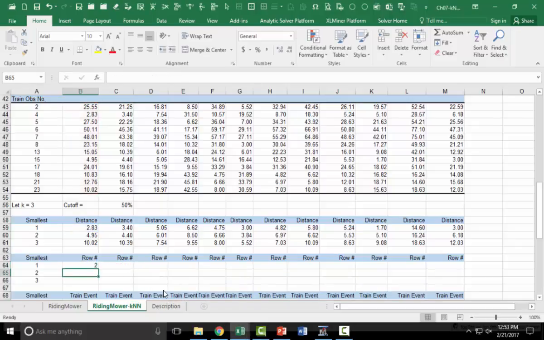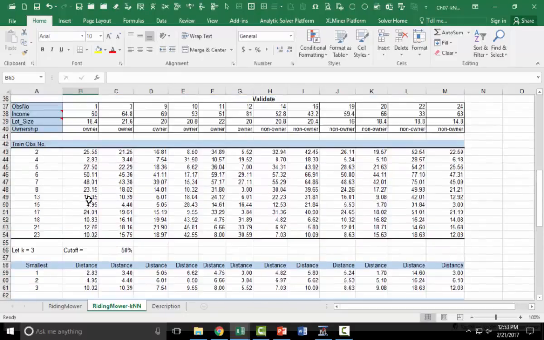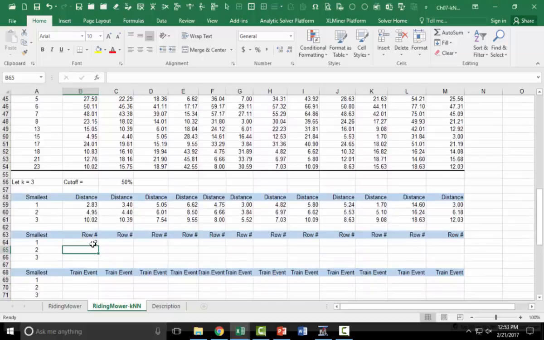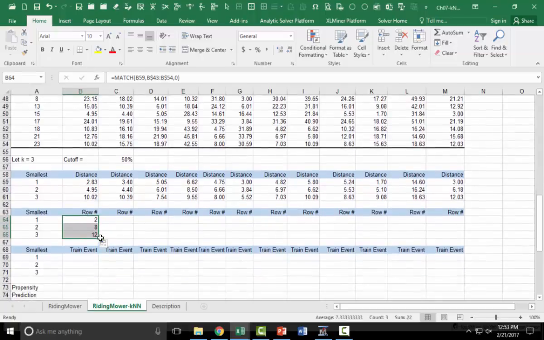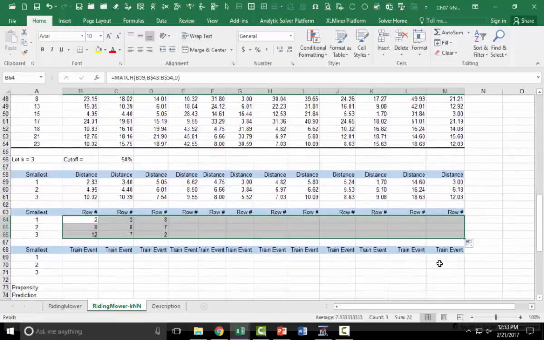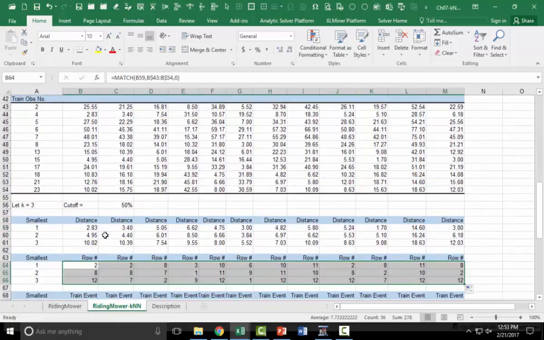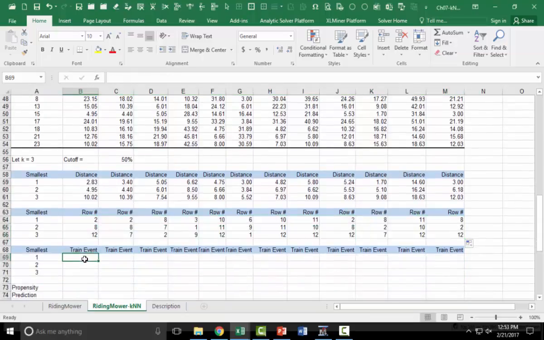Now the value is matched against this range, and the position number or the row number is displayed here. So now we have the row number for the smallest, second smallest, and third smallest. Now we can figure out the ownership using